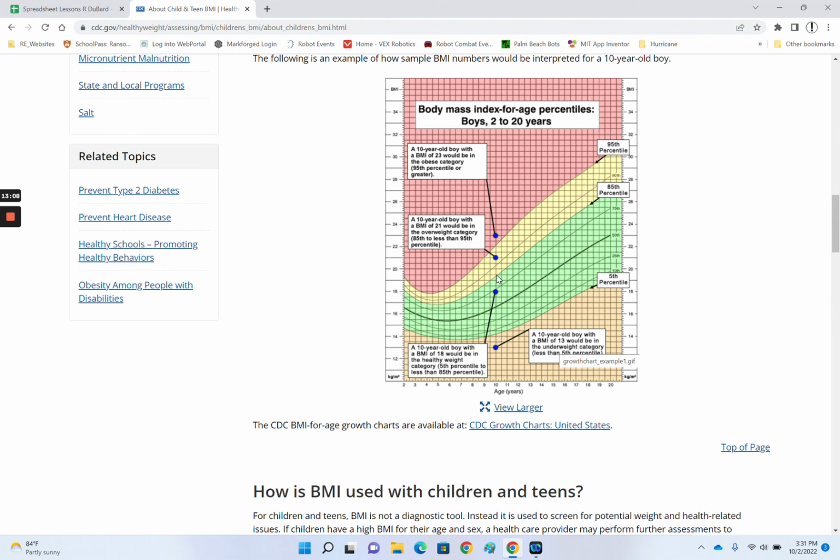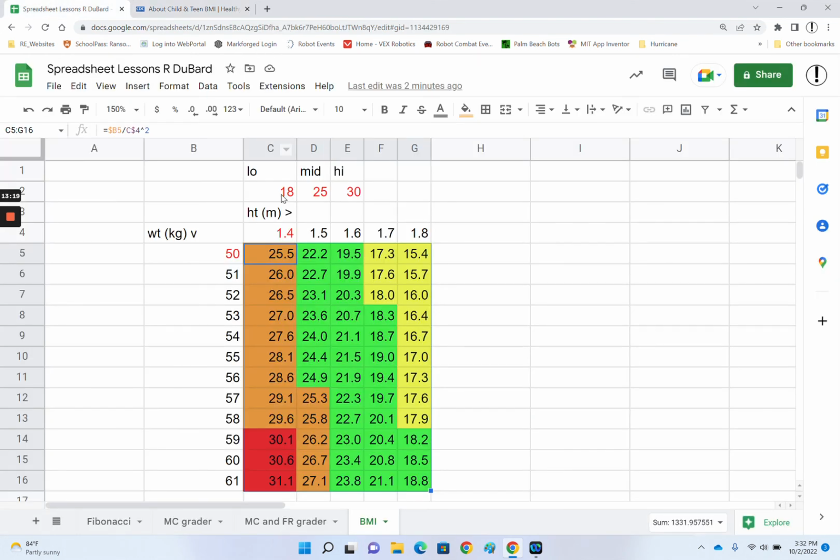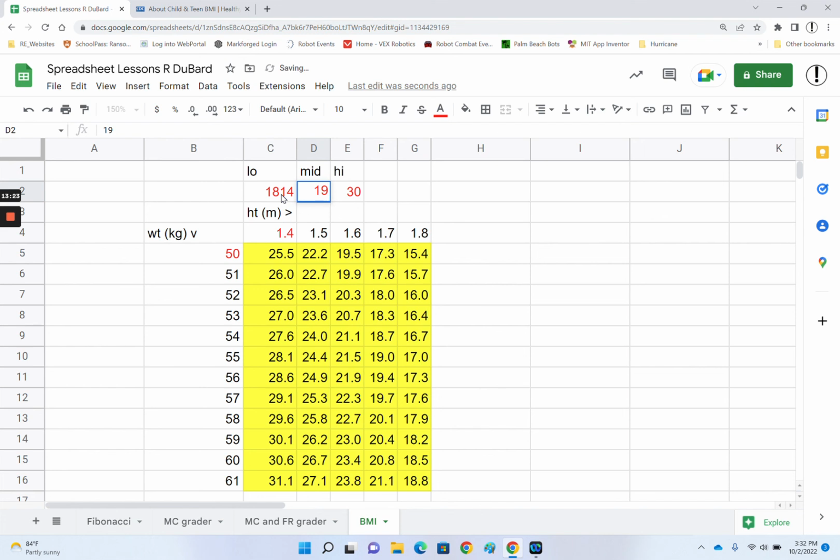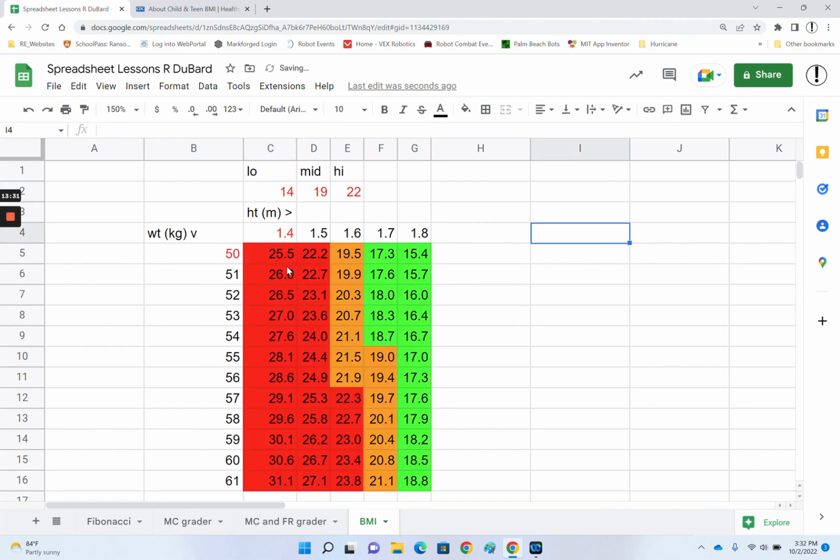The next value looks like 19, 14, 19, and 22 are the values I see there. So if you wanted to do it for a 10-year-old, you'd go 14, 19, and 22. Oops, I put 18, 14 here. It'll just be 18. So if we do that, then you see, yeah, because if you got a 10-year-old boy